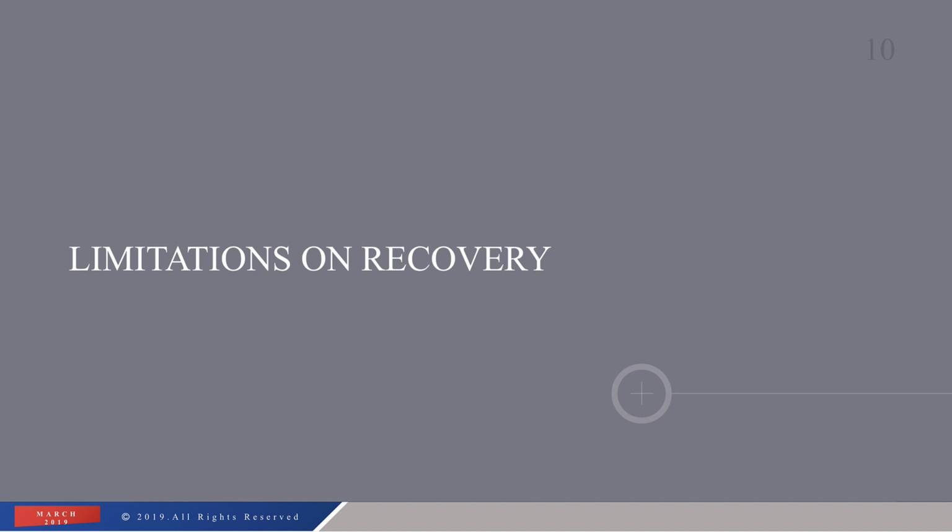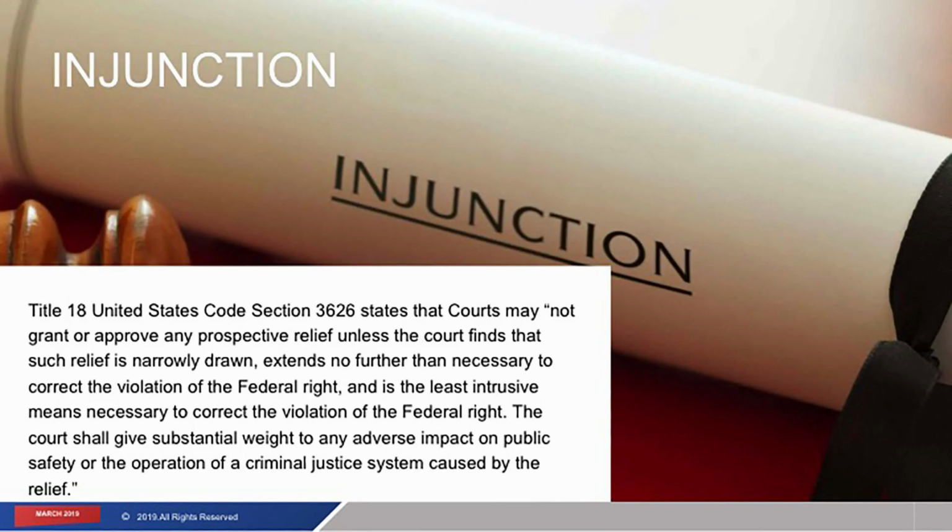Section 1997e states that an incarcerated individual may not bring a federal civil action for a mental or emotional injury suffered while in custody if he or she cannot show prior physical injury or the commission of a sexual act. For example, if an inmate is denied access to written materials in violation of his First Amendment rights, he cannot claim compensatory damages for the mental distress he suffered by the denial, because the alleged violation does not include a physical injury. Now, let's discuss injunctions.